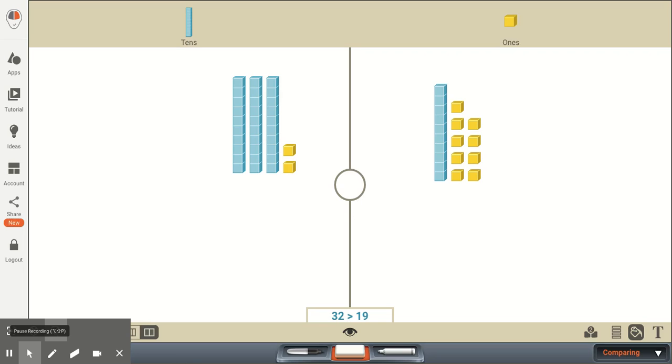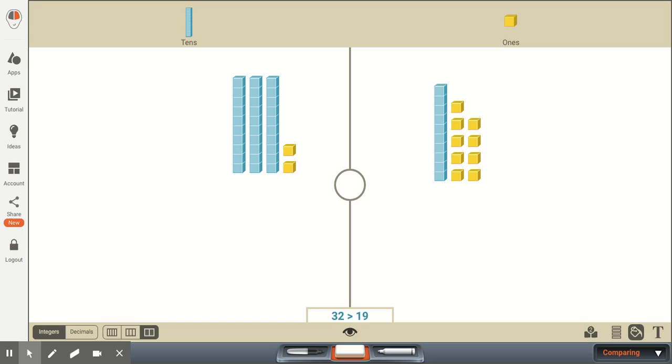In this example, we're really testing to make sure that our first graders understand place value. We're looking at the numbers 32 and 19. And if a first grader doesn't completely understand place value, they may be looking at the digit 9 in 19, and comparing it to the digit 2 in 32 and saying to themselves, 9 is greater than 2, so this entire number, 19, must be greater than 32.